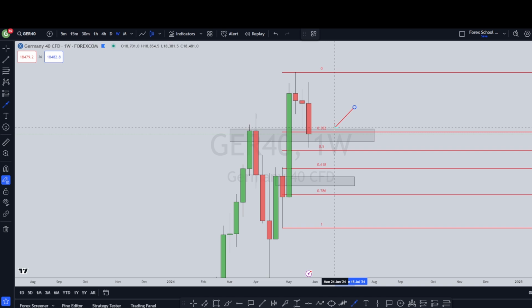Currently we see it testing the area of 38.2 Fibonacci retracement, and also oscillating between the 50% and the 38.2 retracement areas. But the fact that it's coming within the area of weekly support and the Fibonacci retracement levels, we believe that these will act as a strong confluence to stop price from descending downwards,